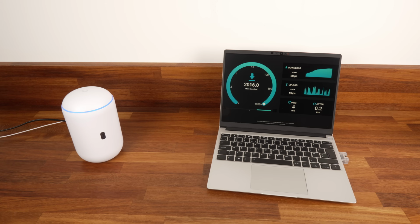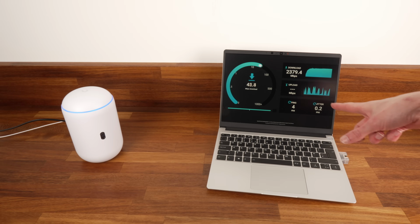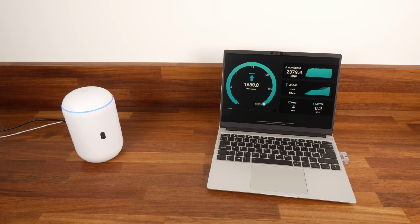As you can see, straight up to beyond 2 gig. We are now downloading at about 2.3 gig. Yeah, 2.3 gig download. So of course that is base 2.4, so that's basically 2.5 gig Ethernet on the download side. And then wait for the upload to start. We are now uploading at about 3.2 gigabit, so actually uploading over Wi-Fi faster than 2.5 gig Ethernet, which is